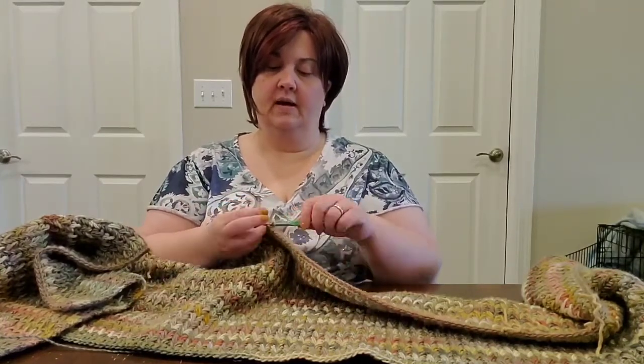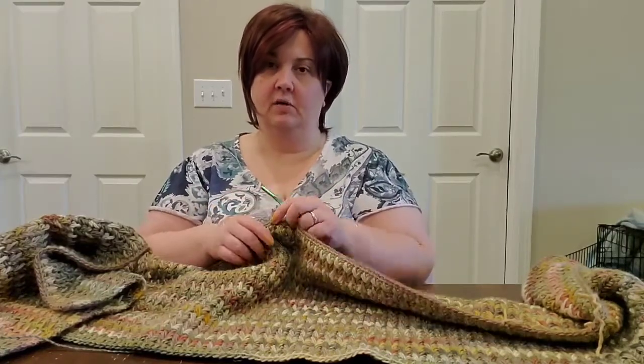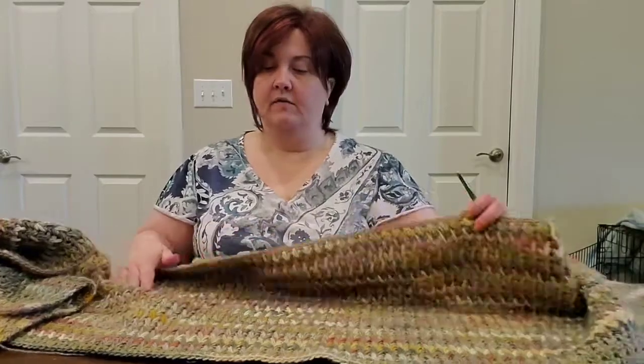Just pull it through kind of like latch hook, or just tie it around there, it doesn't matter. But if you do it like latch hook, it'll pull out real easy. And from there,